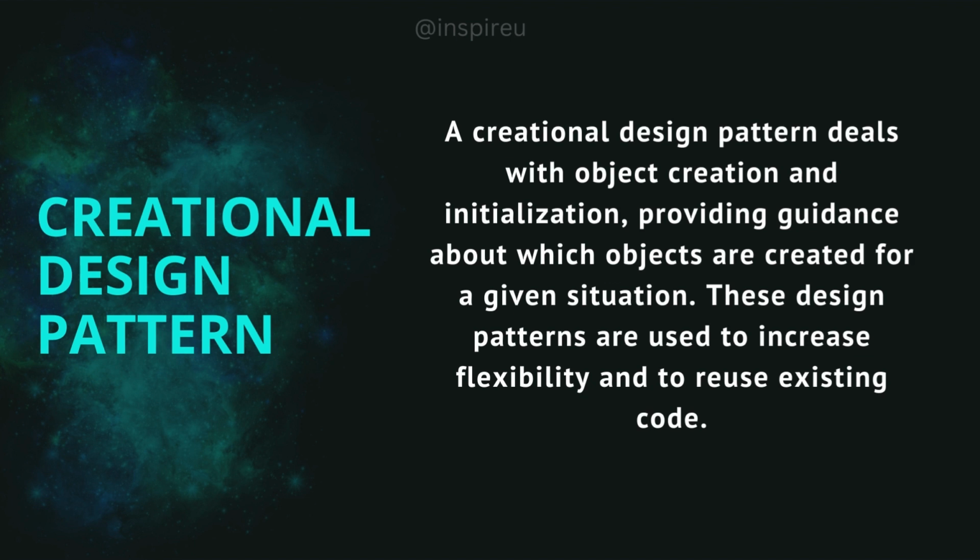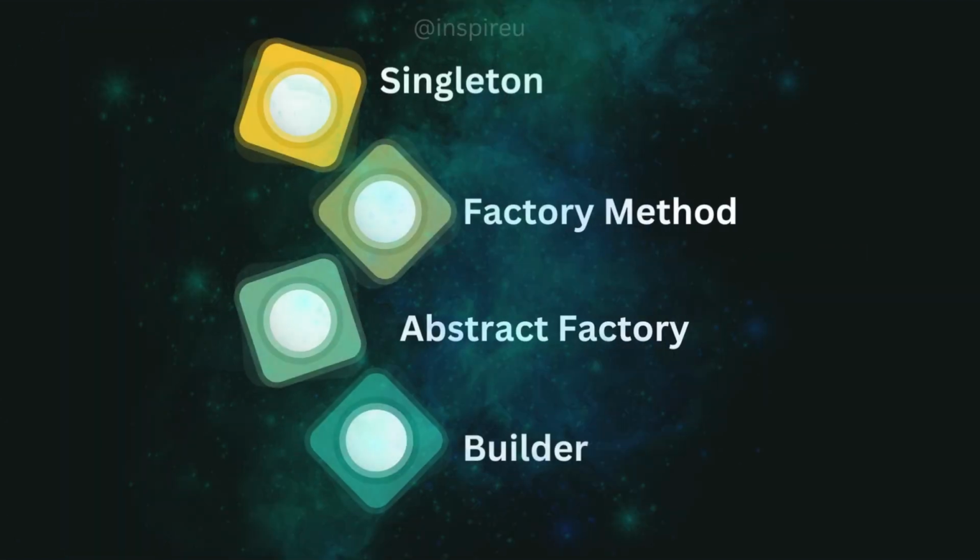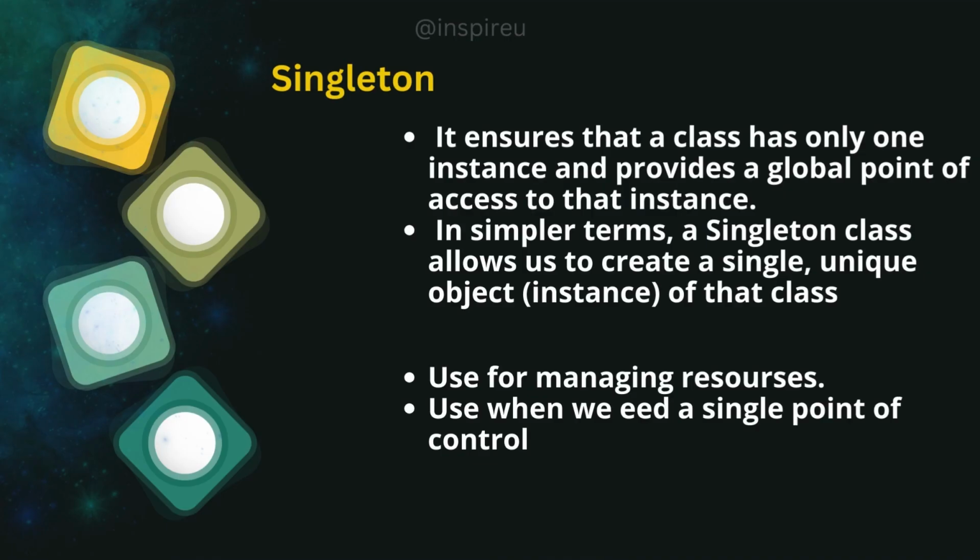A creational design pattern deals with object creation and initialization, providing guidance about which objects are created for a given situation. These design patterns are used to increase flexibility and to reuse existing code. Here I am going to discuss four creational design patterns: singleton method, factory method, abstract factory method, and builder method. Singleton pattern. It ensures that a class has only one instance and provides a global point of access to